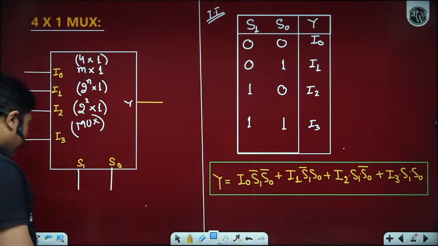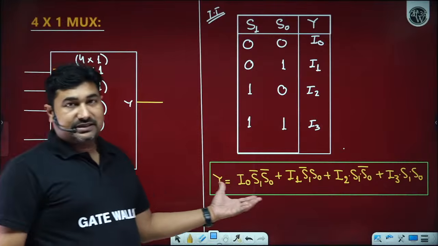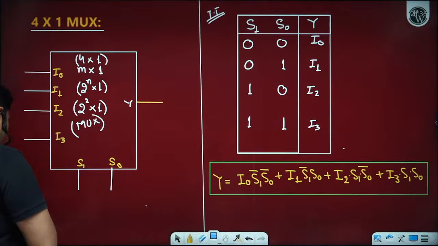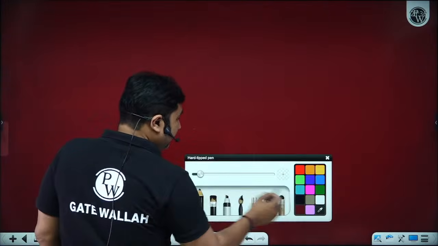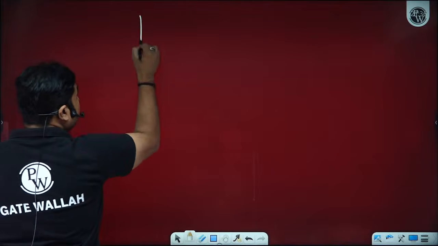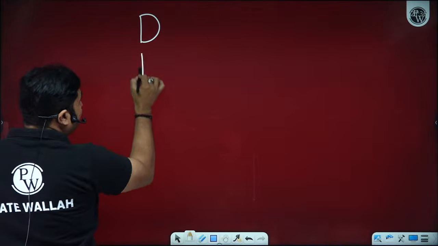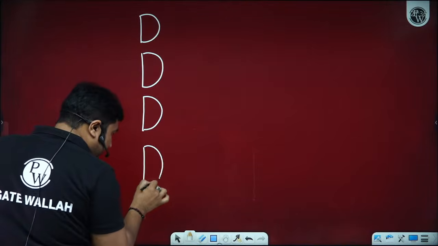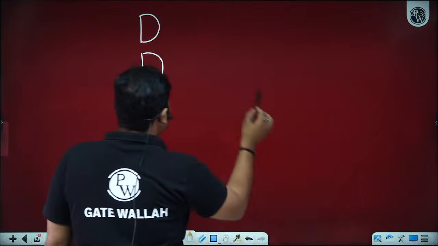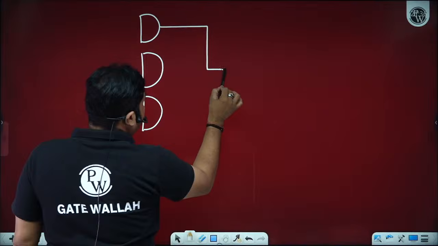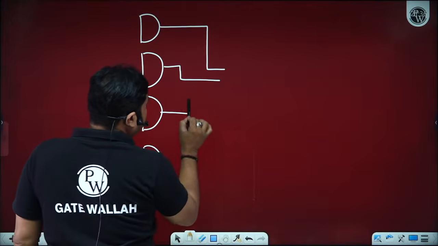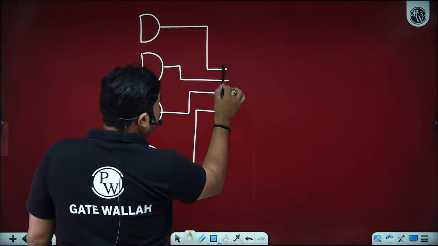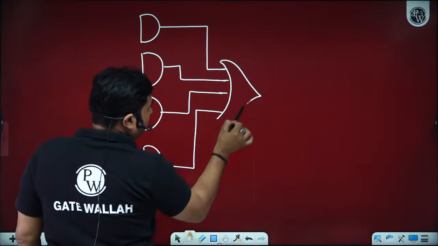So to design any combinational circuit, we need to identify the inputs and outputs, construct the truth table, write the logical expression, and then implement it. If I want to implement this, then we need 4 AND gates for the 4 possibilities. Is it okay? Yes, sir. Now the output of each AND gate is passing through the OR gate. How many of you are able to understand, beta ji?